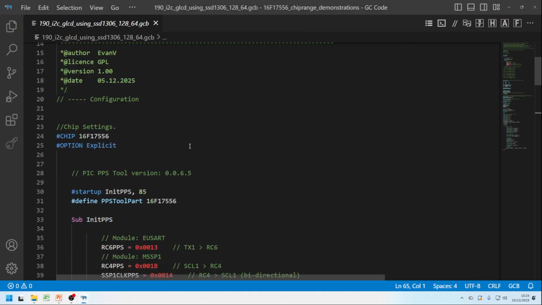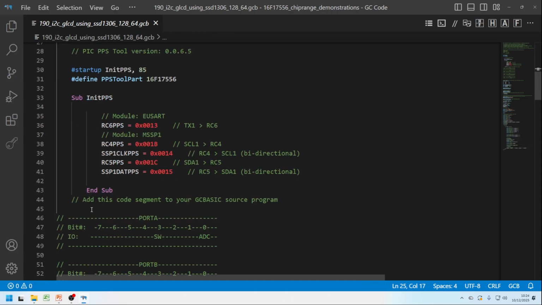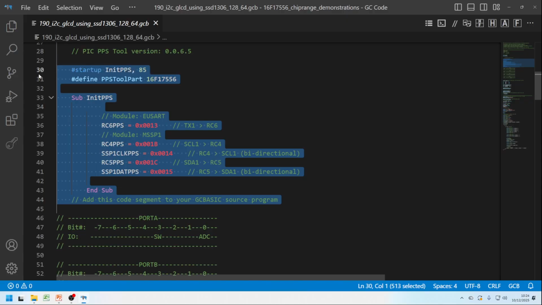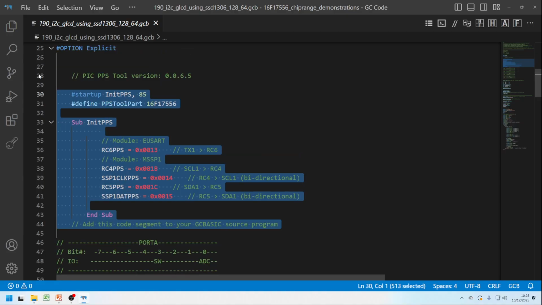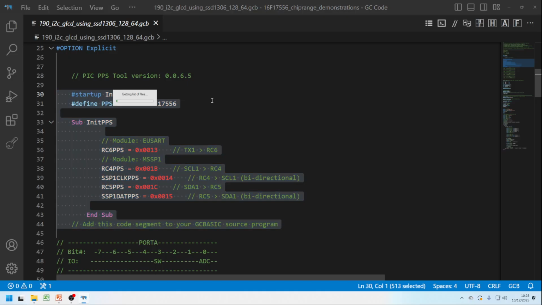So let's go straight into the code. The green code is commentary. You can read it at your leisure. So we're specifying this specific chip, and then option explicit. This is the PPS. We've seen PPS work. Essentially, what you do is you go into the PPS and function key F4, PPS tool. It will then open up the PPS tool, and then we select which ports we want to use. I'm using,